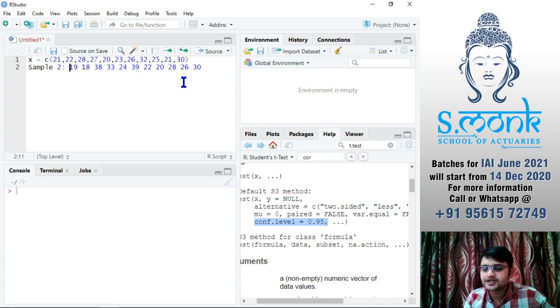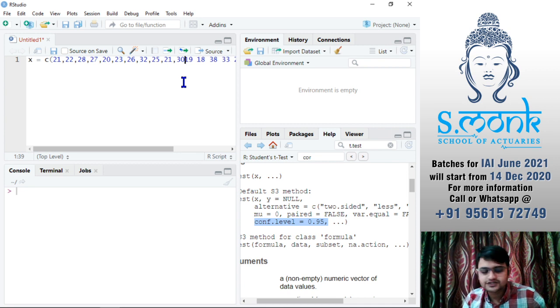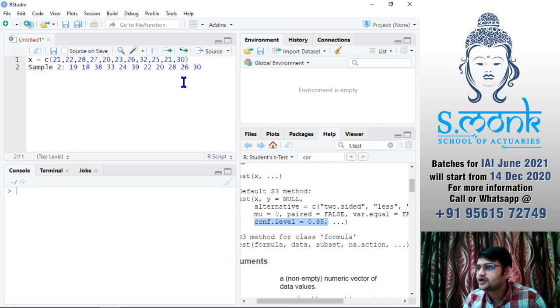Many times I just press enter rather than control enter, and if there is data, then it is not taken into account. Okay, so this is our x and y.